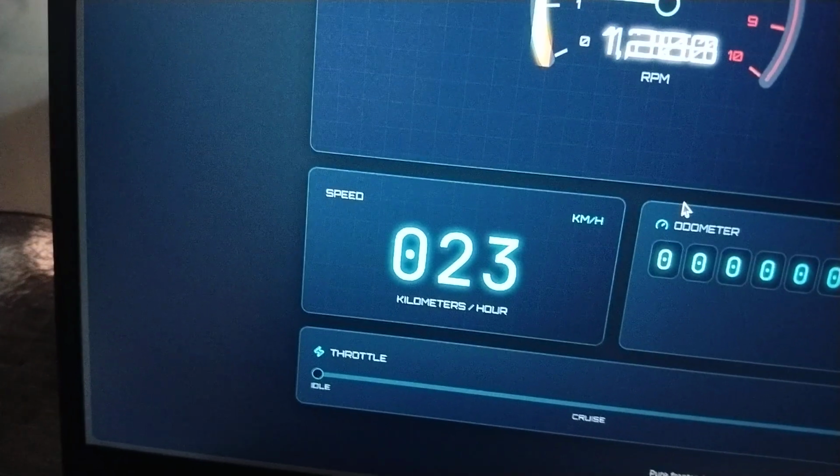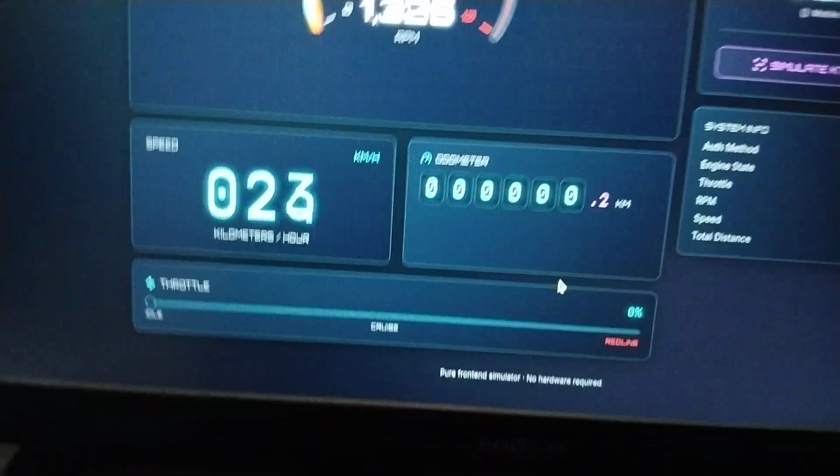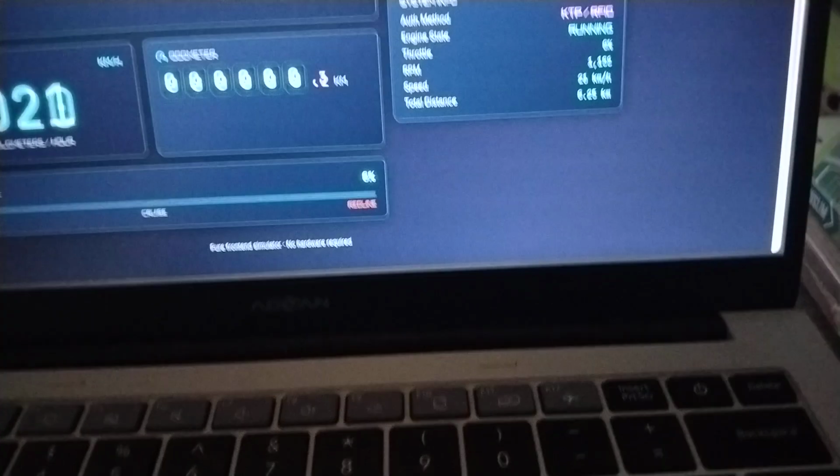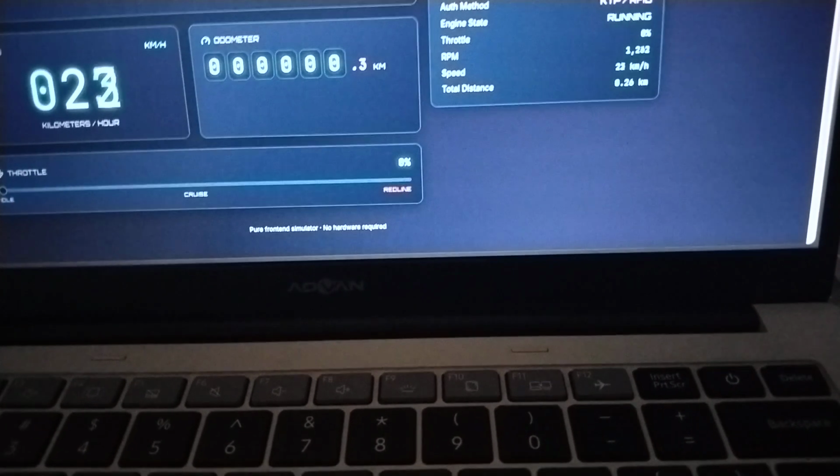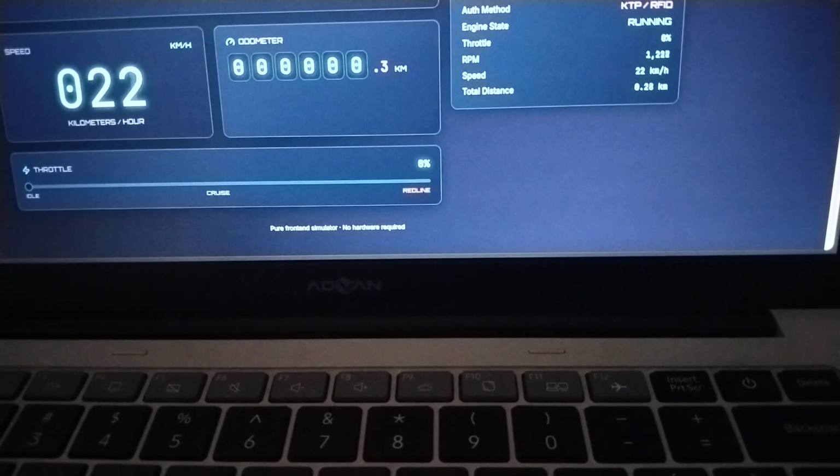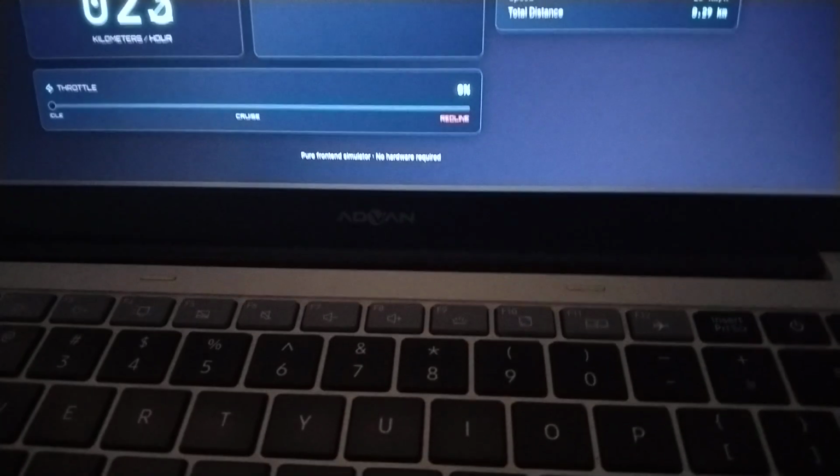The system scans for 5 seconds, and now success. The engine is now on in the dashboard, and look over at the RPM on the left.